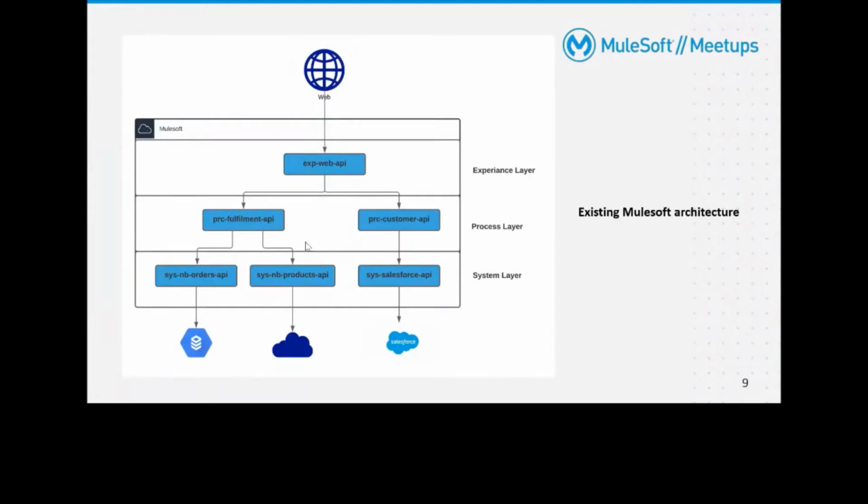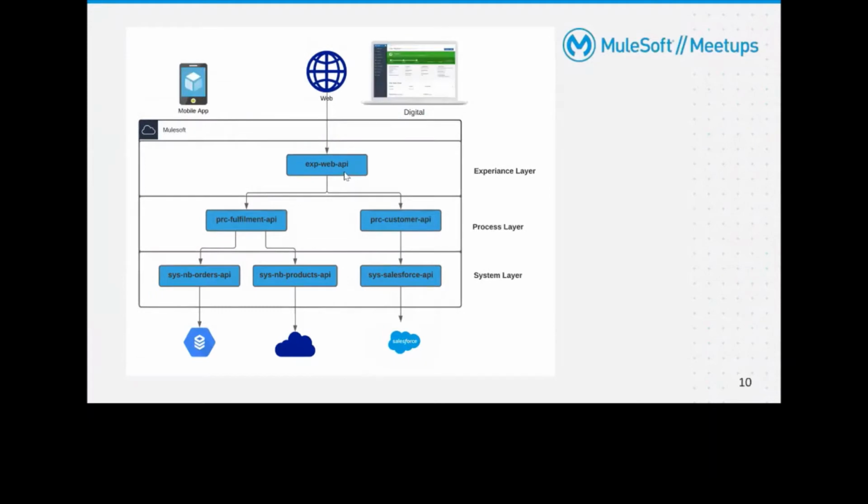So I'm going to take this architecture. I have an existing organization which has some system APIs and has implemented some process APIs. Currently they have only one web application, only one web API. But the organization wants to move on to mobilization and digitalization. They want to create a mobile app for tracking orders, and even something for digital purposes, for exposing to third parties.